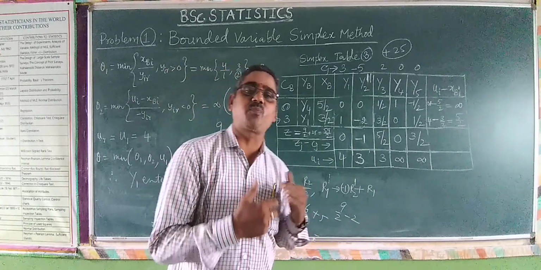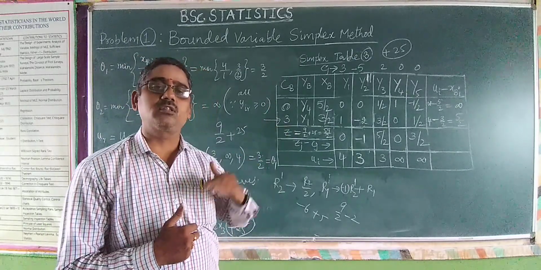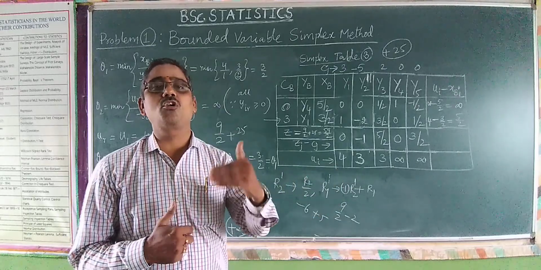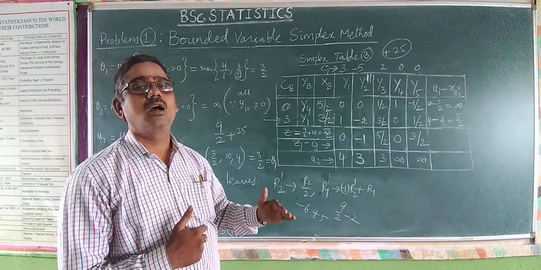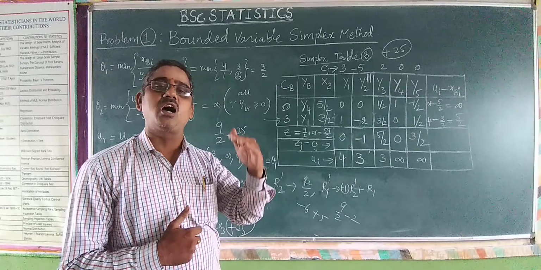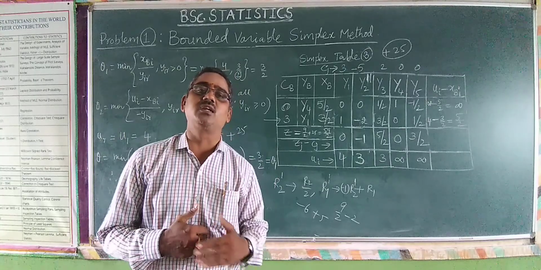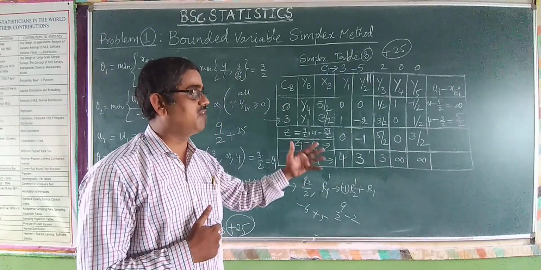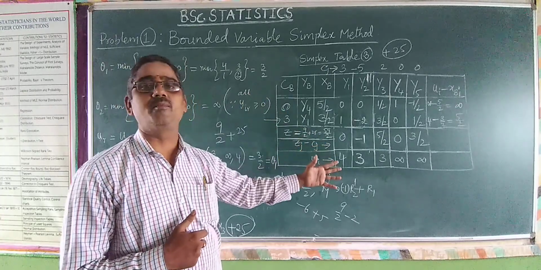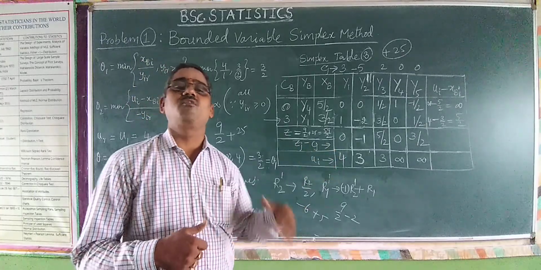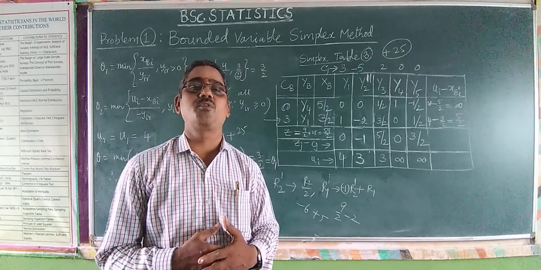In this particular part, I have explained from simplex table 2 to simplex table 3. So what is the case we got? Theta is equal to theta 1. In such a case we have solved and converted as per the usual simplex procedure. We applied the rule for the theta equal to theta 1 case, and then converted everything, all calculations, into simplex table 3. We have finished the calculation of simplex table 3, and we will discuss further calculations in the next part. Hope you understand. Thank you.